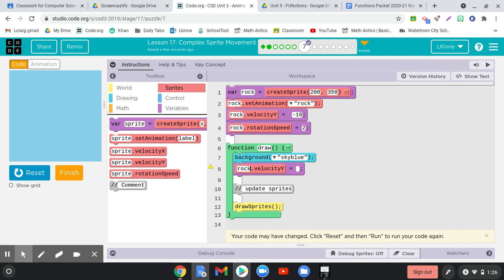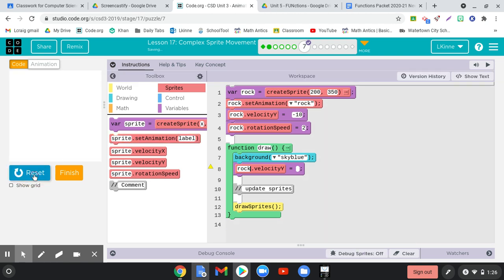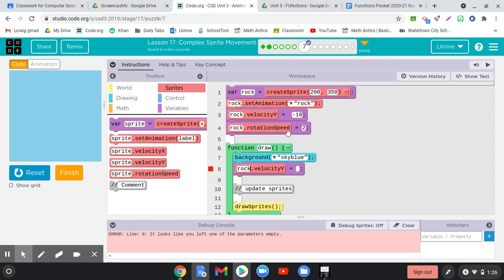Now think about what you want to happen. Right now, before we put that in, it started off going up by -10. That was its velocity, so it's moving up fairly quickly. And it is rotating. All right, well, we want it to go up and then come back down. So since it's a negative number, if we add, it's going to eventually make it go the other way. So the rock's velocity y, we're going to add to it